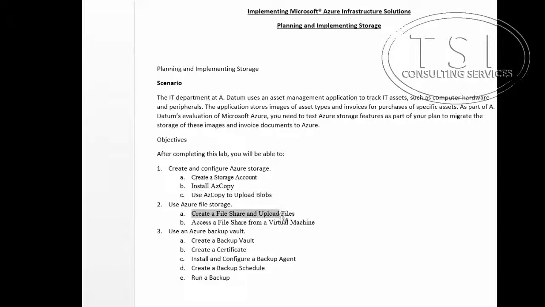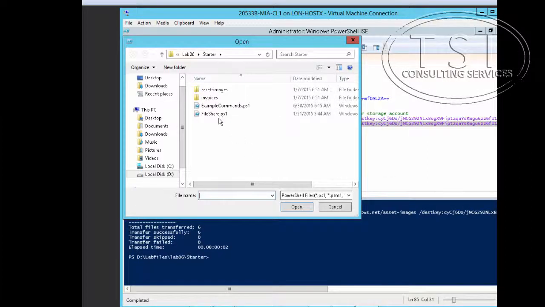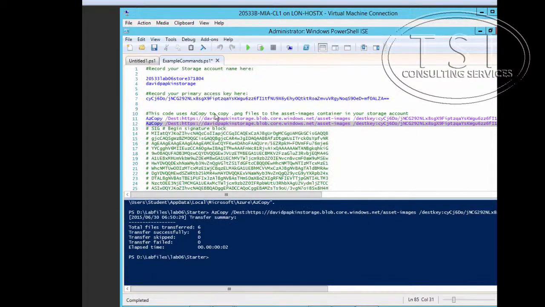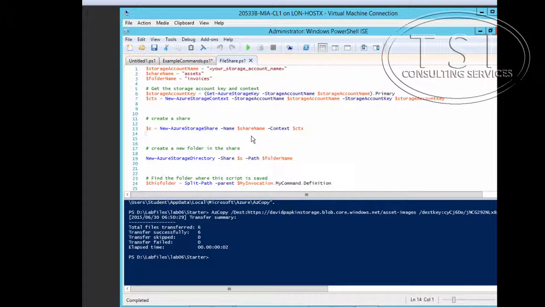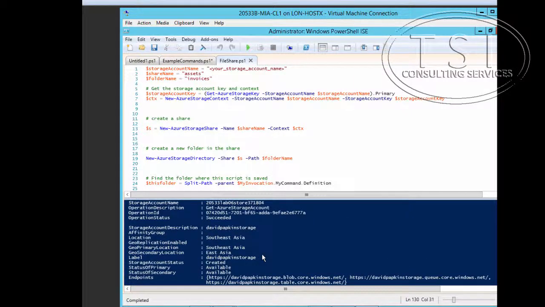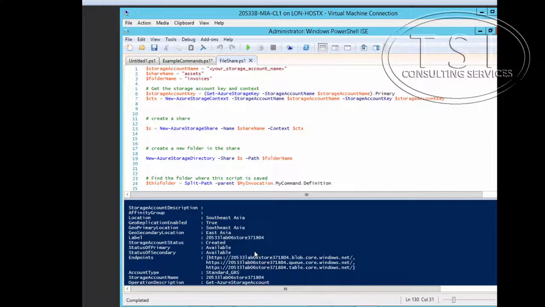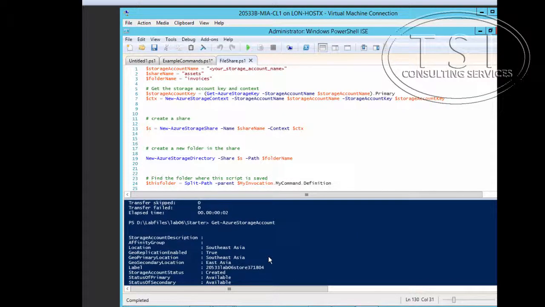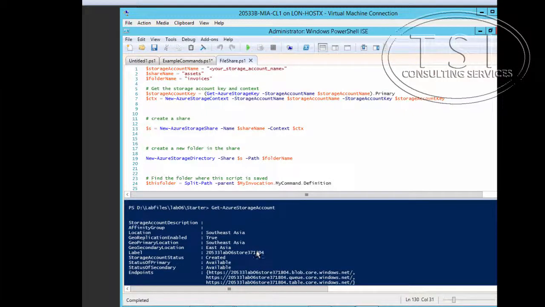Now the next thing I'm going to use is Azure File Storage. I'm going to create a file share and upload. So I'm going to go in here, go to File Shares and open that one over here. And of course I want to get the Azure Storage account I created. So I ran get storage account name, get Azure Storage account, and then